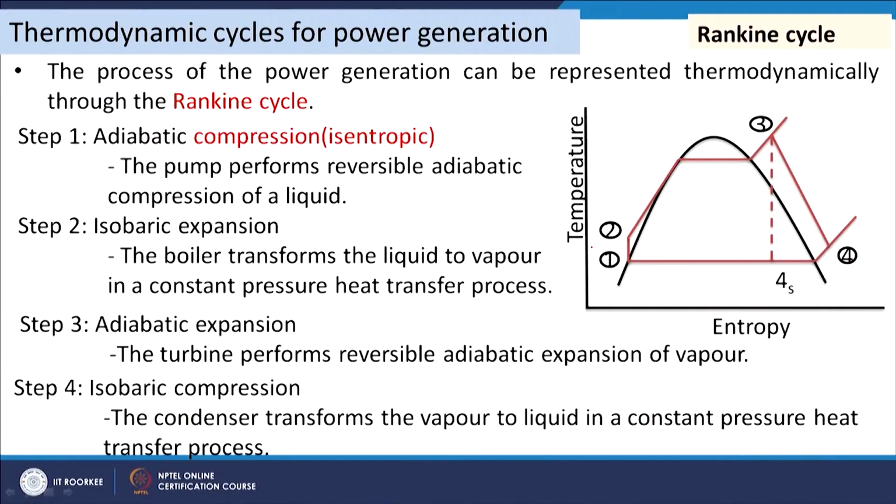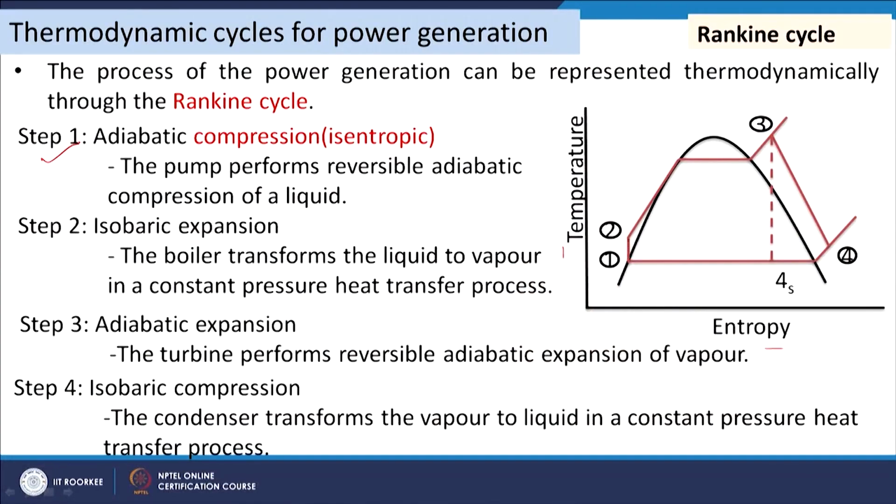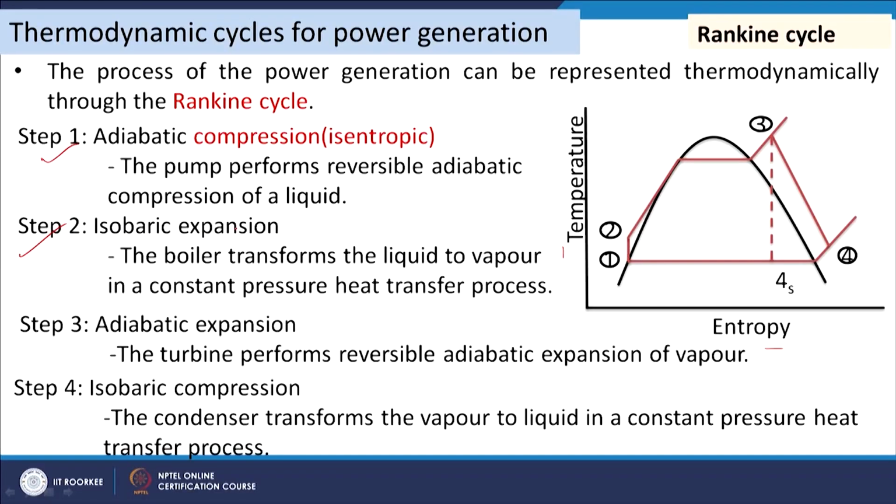So, the steam turbine is governed by the thermodynamic cycle called the Rankine cycle. So, here we will see the Rankine cycle, how the entropy and temperature change as per the Rankine cycle, and it has 4 steps. The steam turbine has 4 steps. Step 1, adiabatic compression. What happens in this case? The pump is used to compress the water in the boiler,